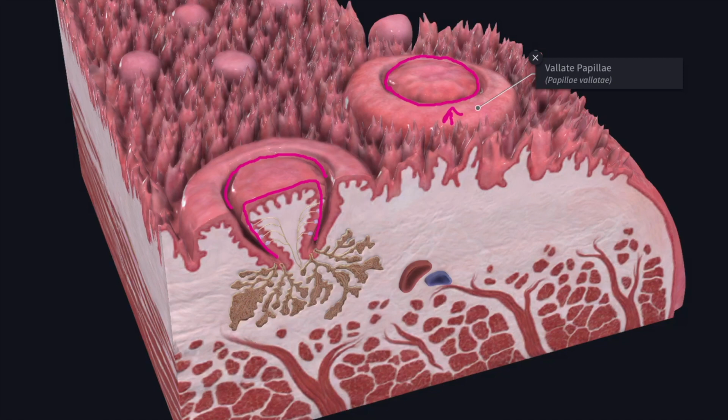The wall of the sulcus presents the taste buds. So these are the taste buds which are present in the wall of the sulcus, and its bottom receives the ducts of the serous gland. So these are the ducts of the serous glands which open into the bottom, and the secretion of these glands makes the food somewhat soluble so that it stimulates the taste bud. The outer wall of the sulcus is known as the velum.